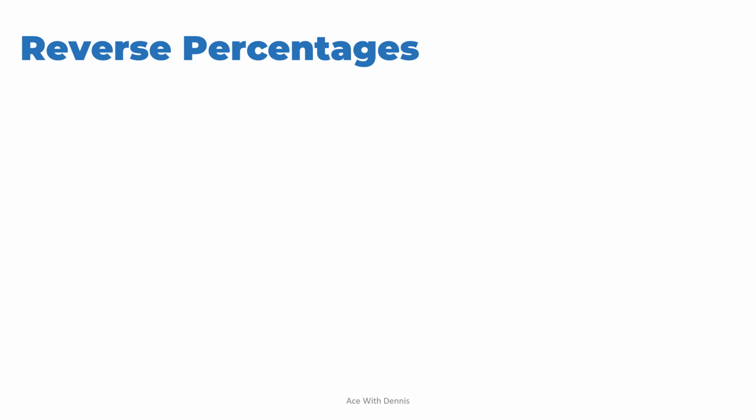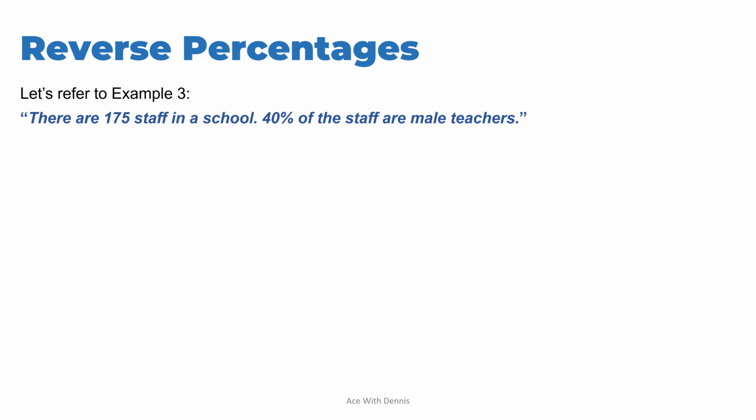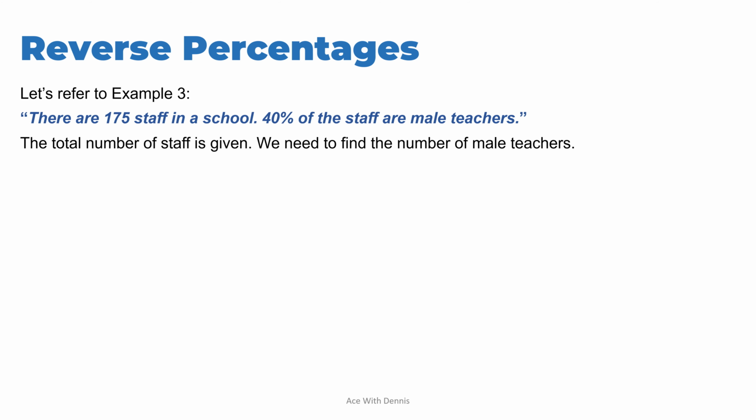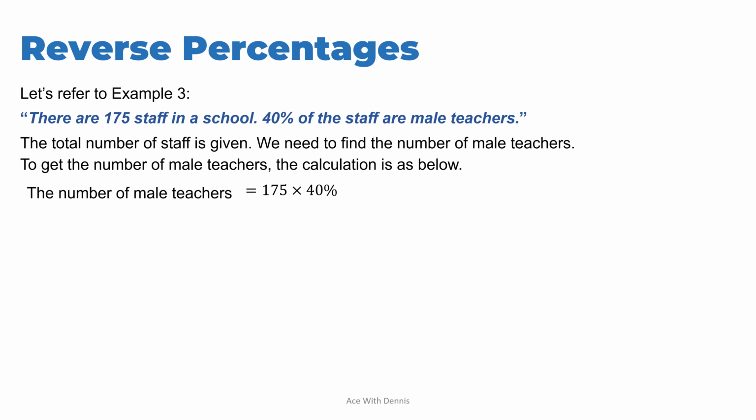Reverse percentages. Let's refer to example 3. There are 175 staff in a school. 40% of the staff are male teachers. So for this question, the total number of staff is given. We need to find the number of male teachers. To get the number of male teachers, the calculation is as below. The number of male teachers will be 175 times 40%, which is 175 times 40 over 100, and the answer